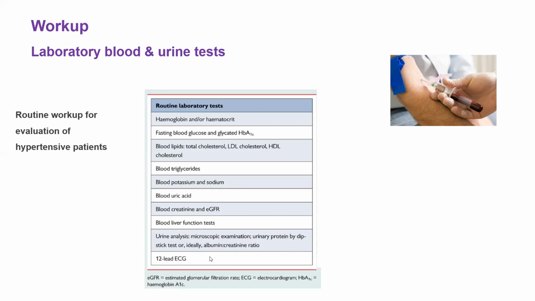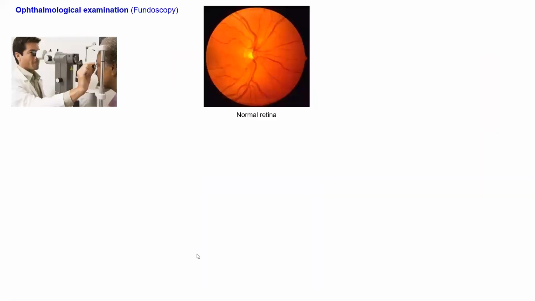As for urine analysis, the microscopic examination at the early stage of hypertension usually doesn't show significant changes. But for early diagnosis of nephrosclerosis and nephropathy, we refer patients to microalbuminuria tests, and also we refer patients to 12-lead ECG. Ophthalmological examination, fundoscopy,